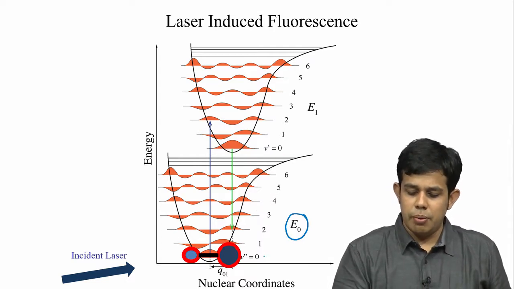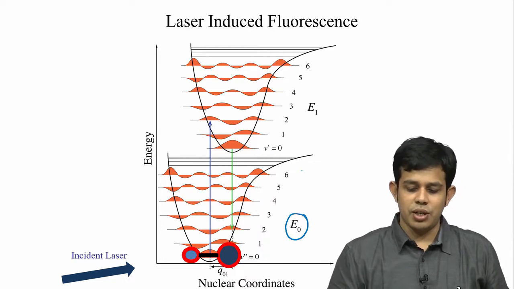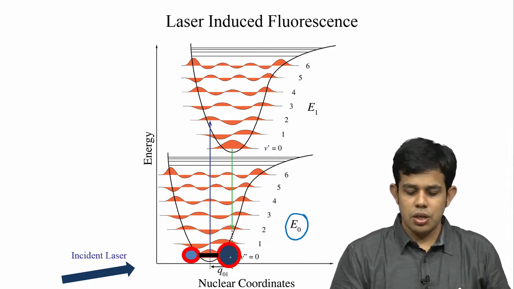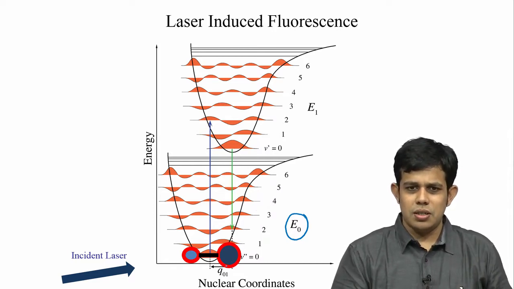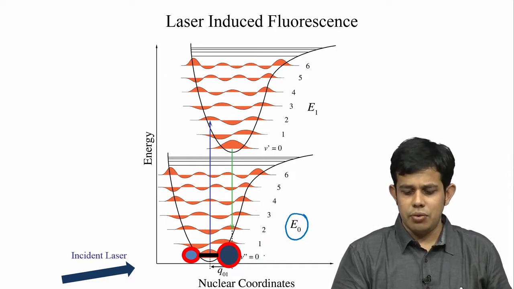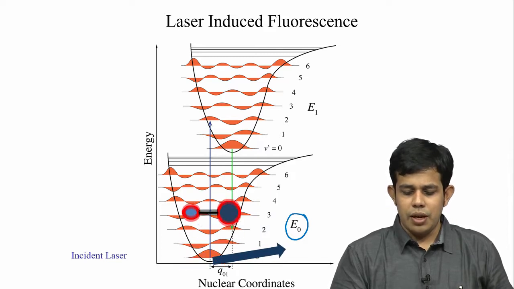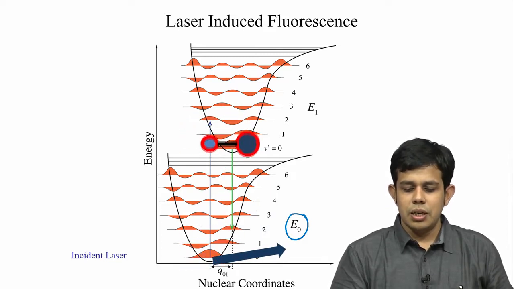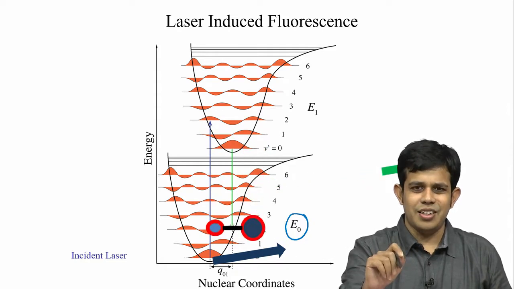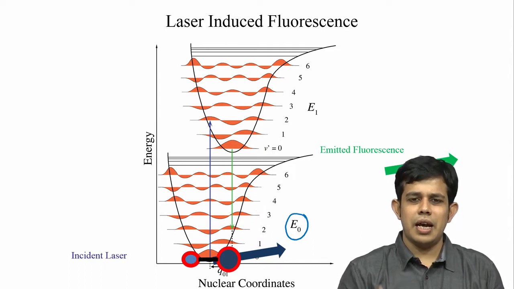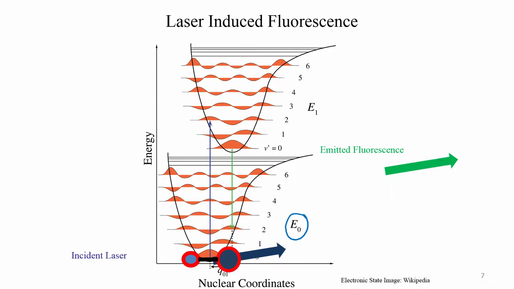So, this is the electronic ground state, and these, nu double dash 0, 1, 2, 3, are the different vibrational states. Okay. And these are the different vibrational wave functions. Now suppose this OH molecule is residing at the ground state at nu double dash equal to 0. Now suppose there is an incident laser that comes in. The OH absorbs the light and is promoted to the higher energy state, and then it interacts with the neighboring molecules or undergoes some intersystem crossings, and in that higher electronic state it goes down